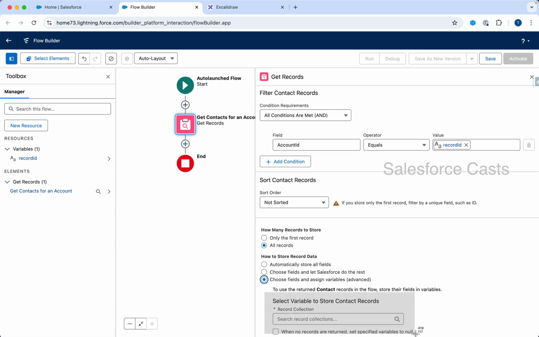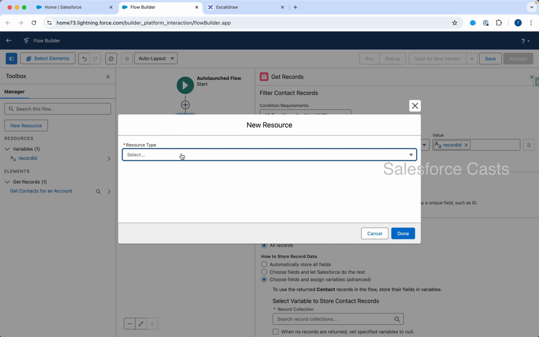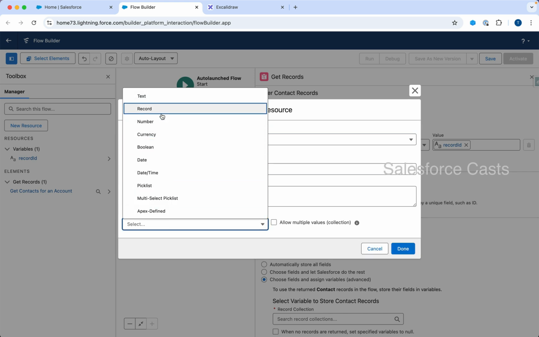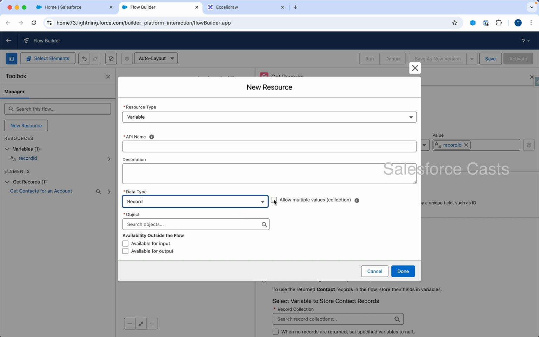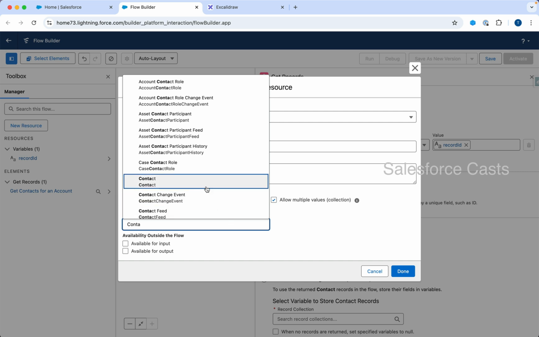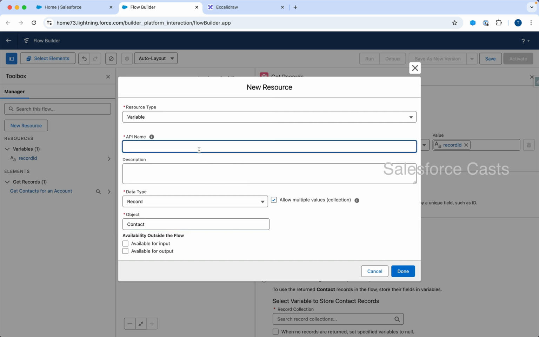Here I need to pick a record collection variable to hold all the contacts that we'll be fetching as a part of this particular block here. I'm going to create a new resource. This is going to be a variable. Data type is record, but this is going to hold multiple records. So I'm going to check this checkbox. Object is going to be Contact. This here is going to be all contacts